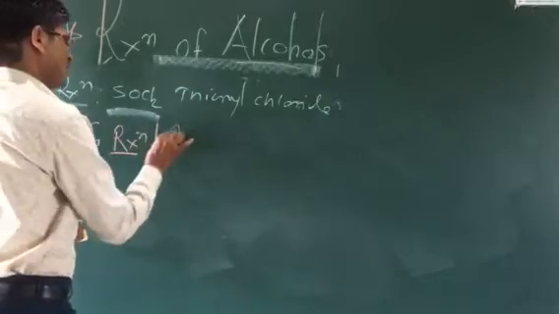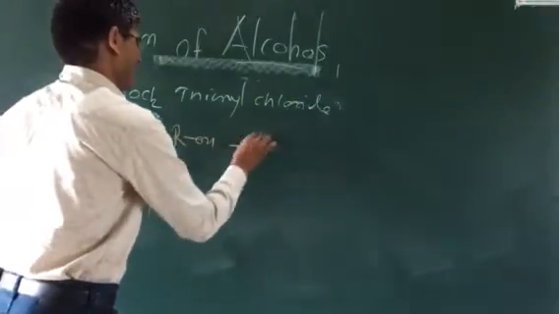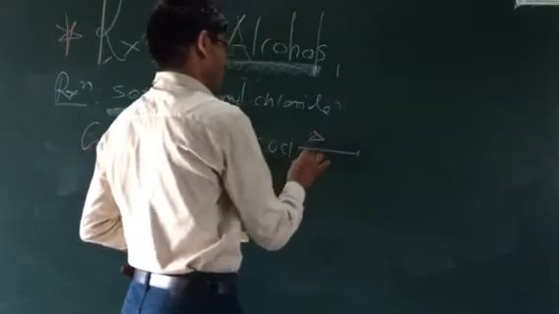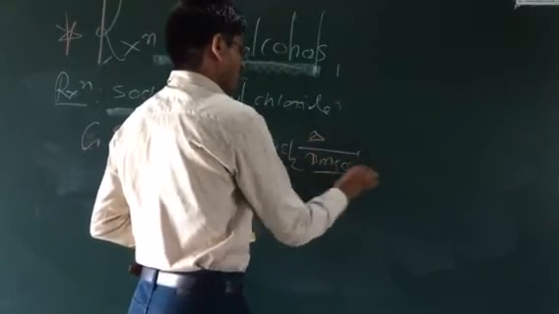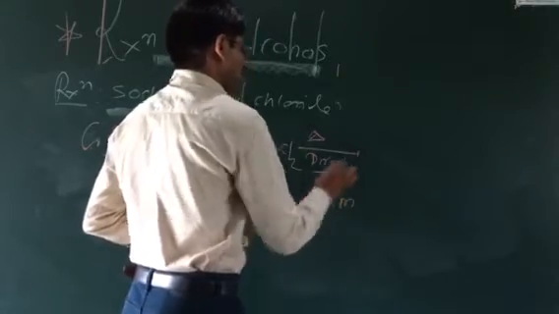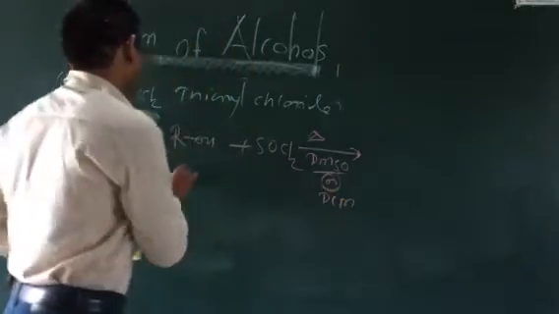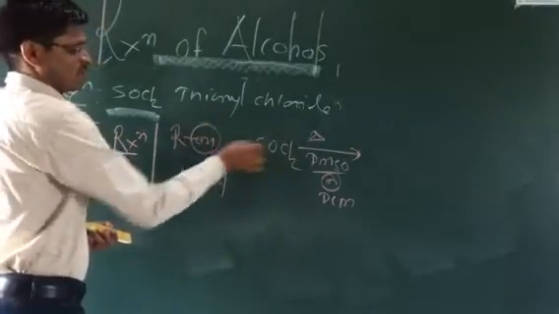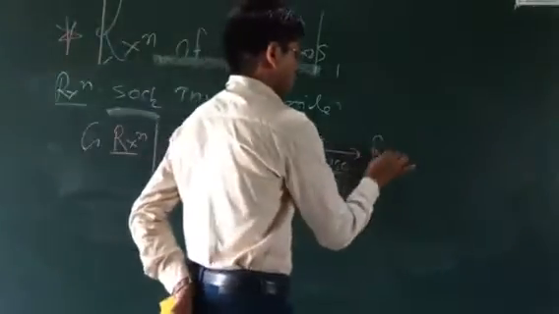If we have the starting reactant alcohol, again it is reacted with SOCl2, thionyl chloride. Again the solvent can be DMSO, dimethyl sulfoxide, or dichloromethane. So this type of solvent is used starting from alcohol. What happens? A very simple reaction. OH is replaced by Cl. So again it is a substitution type of reaction.